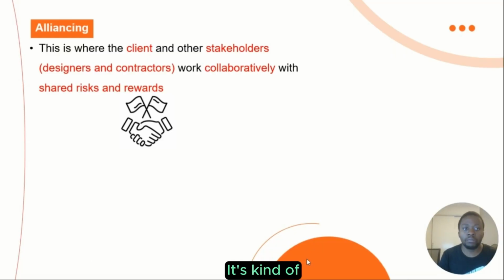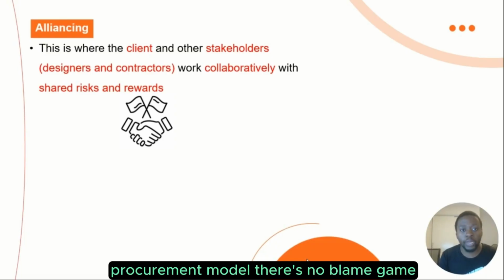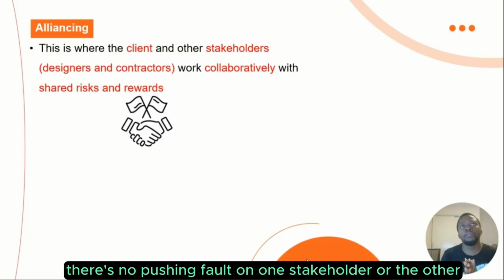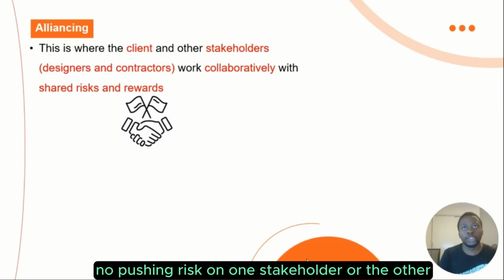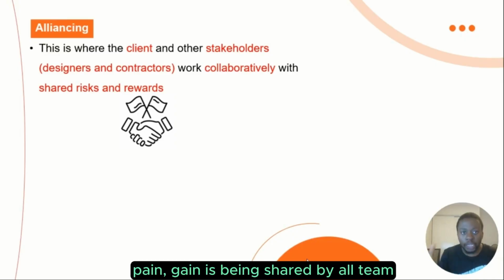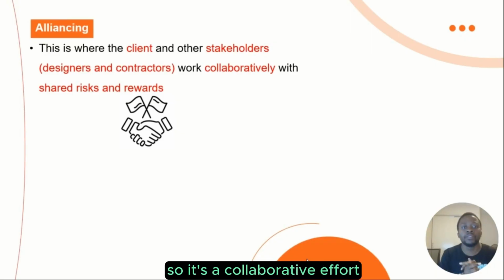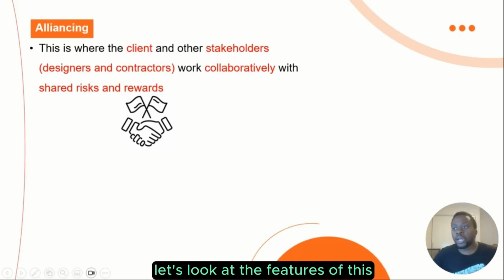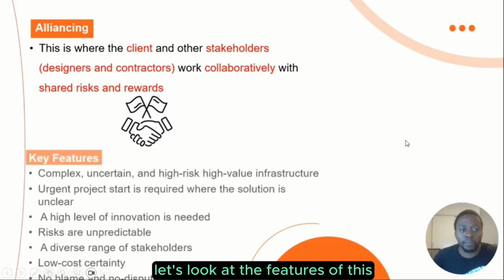It is a kind of procurement model where there's no blame game, no fault on one stakeholder or the other, and no pushing risk onto one stakeholder or the other. So every risk, reward, pain, and gain is shared by all the team. So it's a collaborative effort. Let's look at the features of this